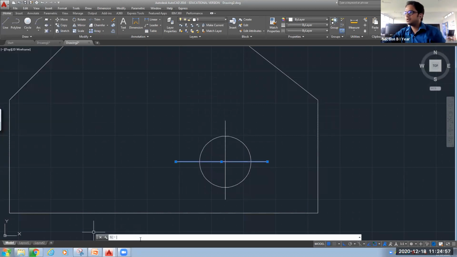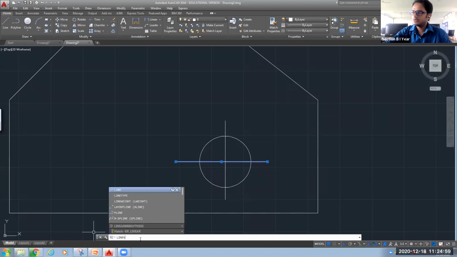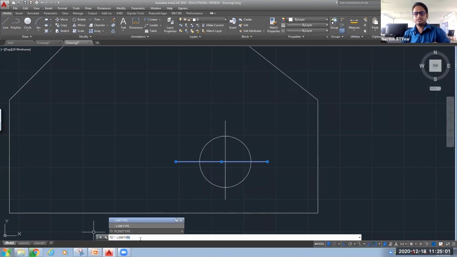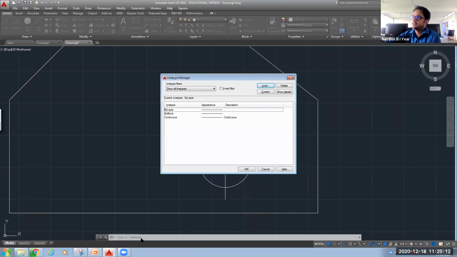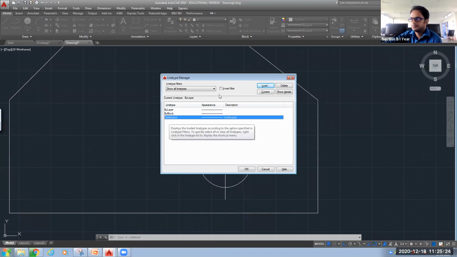For that, one command is there: line type. You can see on your screen, line type is written, L-I-N-E-T-Y-P-E. Then you have to press enter. The 3 options that were available in that drop down list, you can see here: by layer, by block, and continuous.